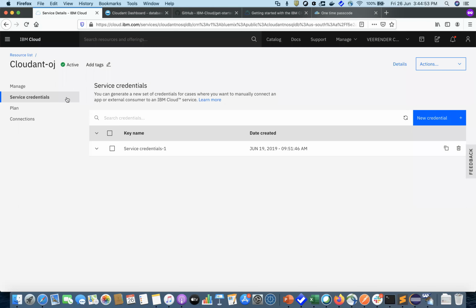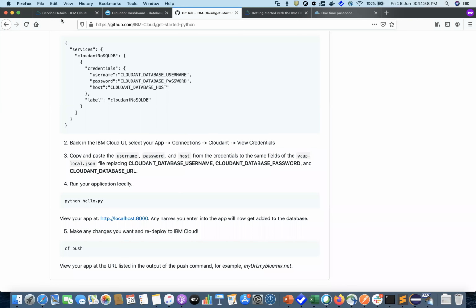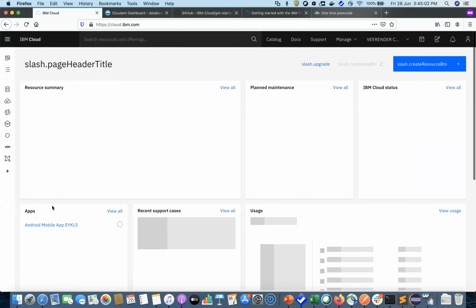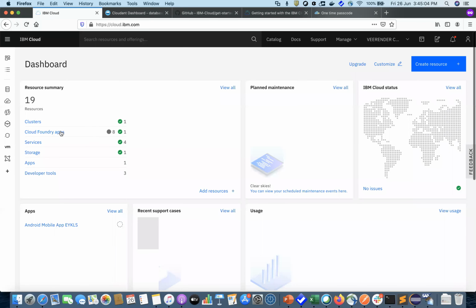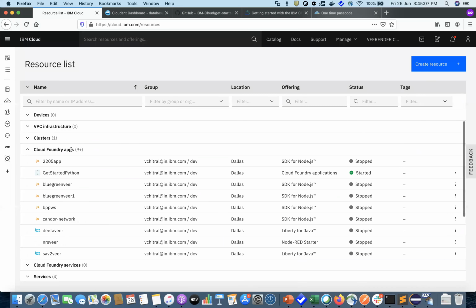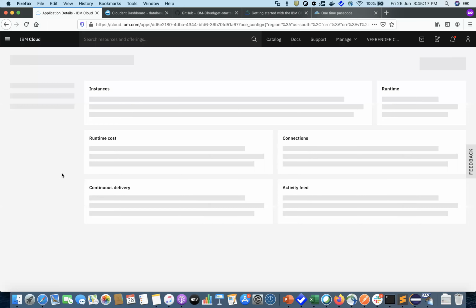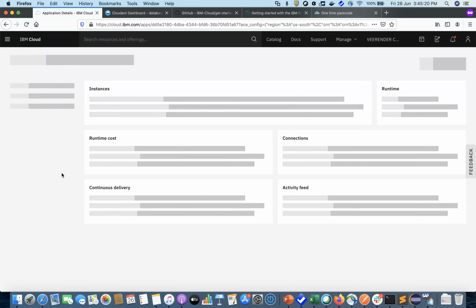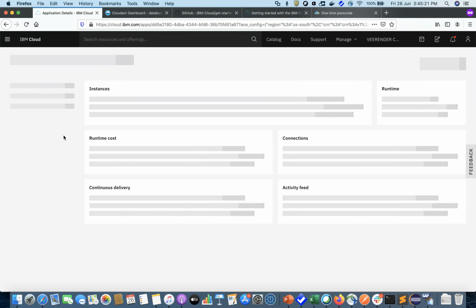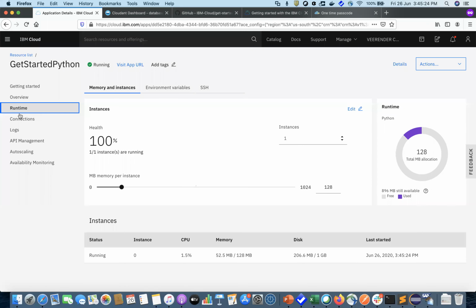So for that, let me take you through that. Okay. So what you can do here is, if you go to the Cloud Foundry apps, and if you go to this Get Started Python, so how do you connect this particular Cloudant service details to this particular app hosted on cloud is, click on runtime here on the left hand side, and you could see there are environment variables.